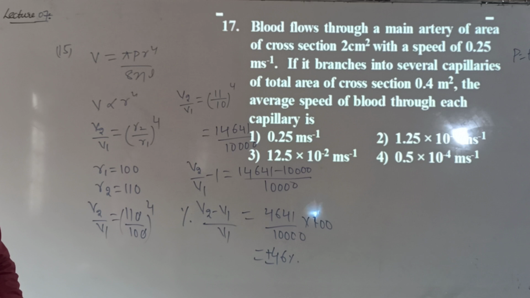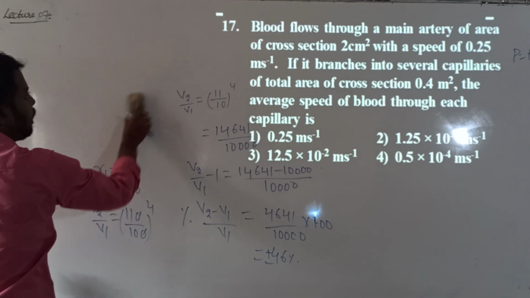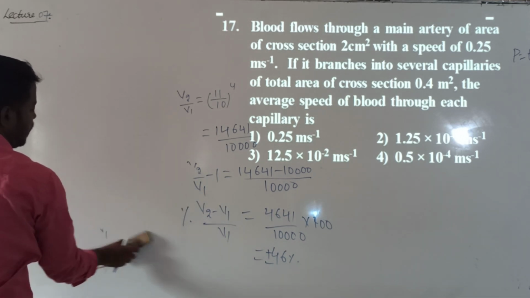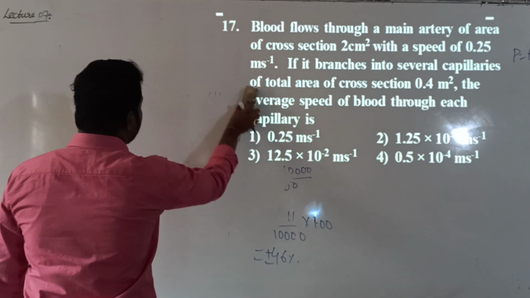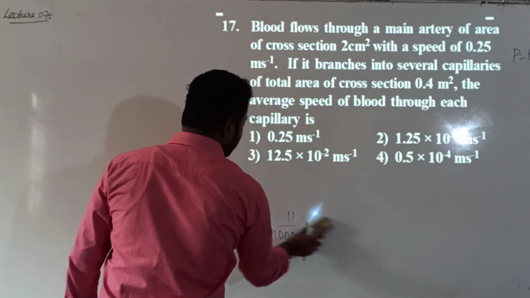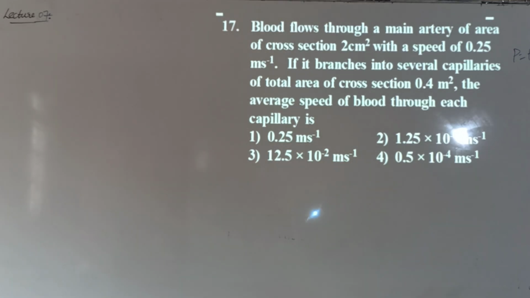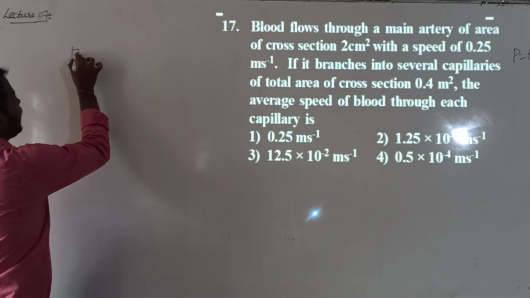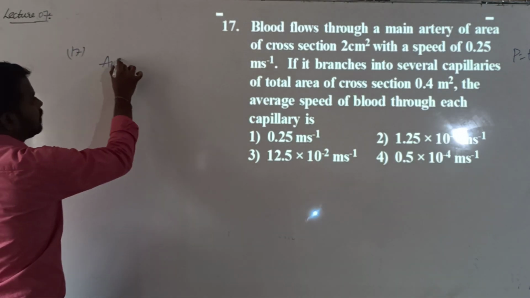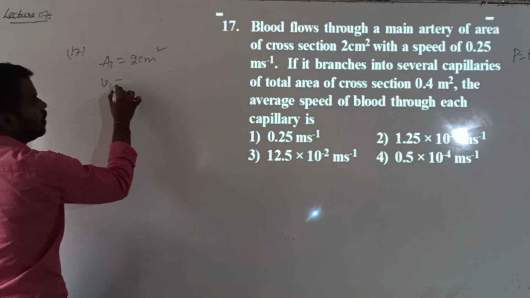The next one. This is a question based on the equation of continuity. So what is this question? The 17th one. Blood flows through the main artery with a cross-sectional area of 2 centimeters square. Question number 17. So A1 is given as 2 centimeters square, with a speed of